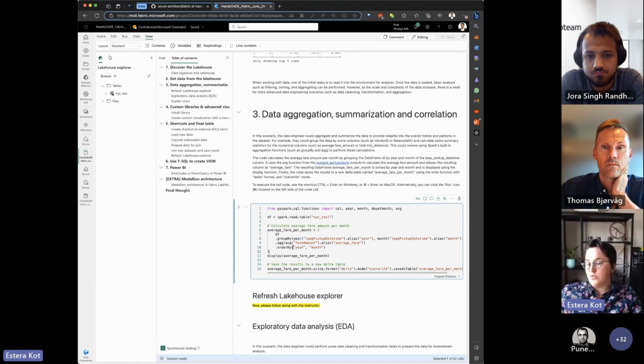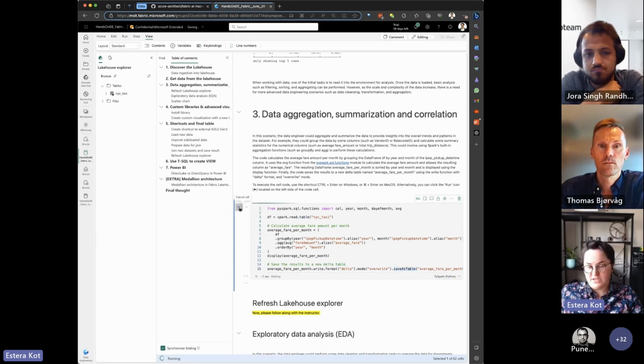At the end, we want to order that by year and month and display the result. An important point: we want to create a new delta table, format delta with mode overwrite, and the method that we are using is saveAsTable. This method, rather than save, is optimized in Fabric.